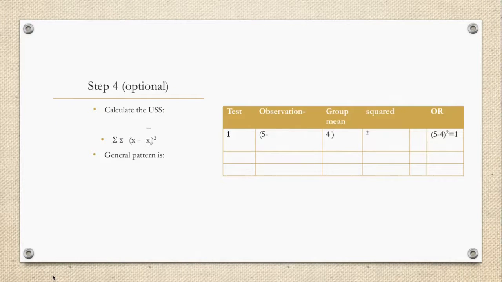Step 4 is optional, and you'll see why. You may already figure out why step 4 is optional. Obviously, total sum of squares equals explained sum of squares plus the unexplained sum of squares. So you can really solve for the unexplained sum of squares by just moving the pieces around. But if you wanted to calculate the unexplained sum of squares, you do so with this general